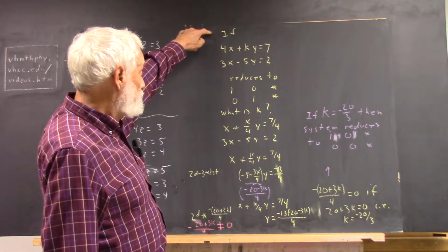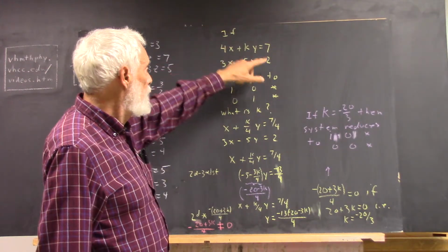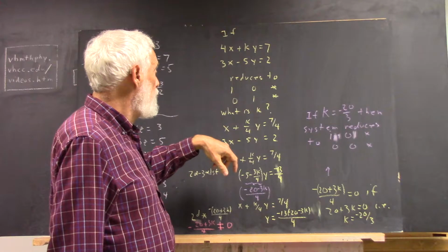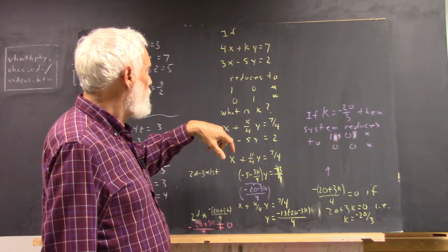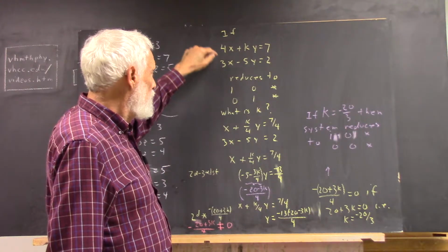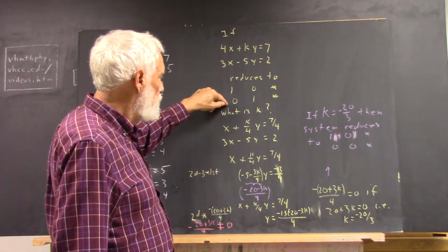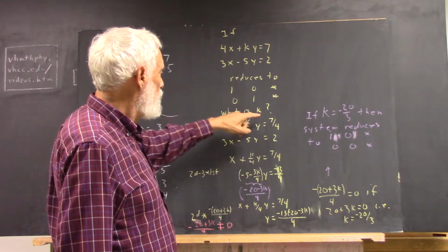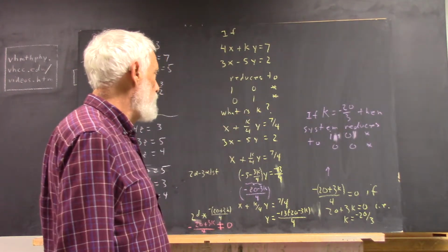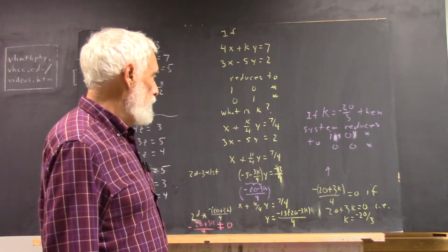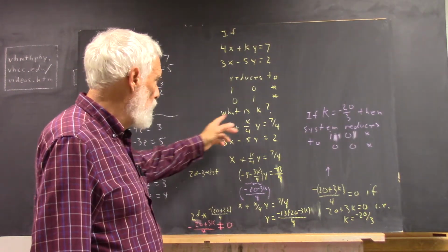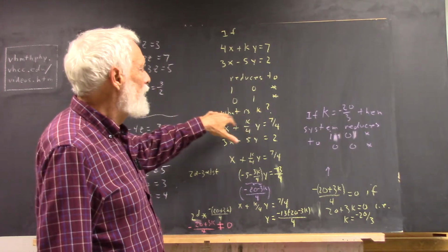Okay, so the question is, if we have this system of equations, and this system reduces to this matrix, then what can you say about the values of k? Okay, when I say what is k, the way that's stated, that probably